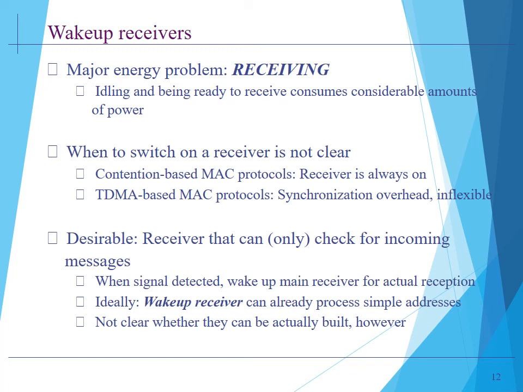First one is the wake-up receiver. Generally, we have the problem of receiving information while in an idle mode. They don't know when to switch on the receiver when it is not clear. We have this mostly in MAC protocols, that is medium access control protocols: when to switch on the receiver. The next is with the WSN. They need to be permanently able to receive in a network with low average traffic. That is what a contention based MAC protocol is.